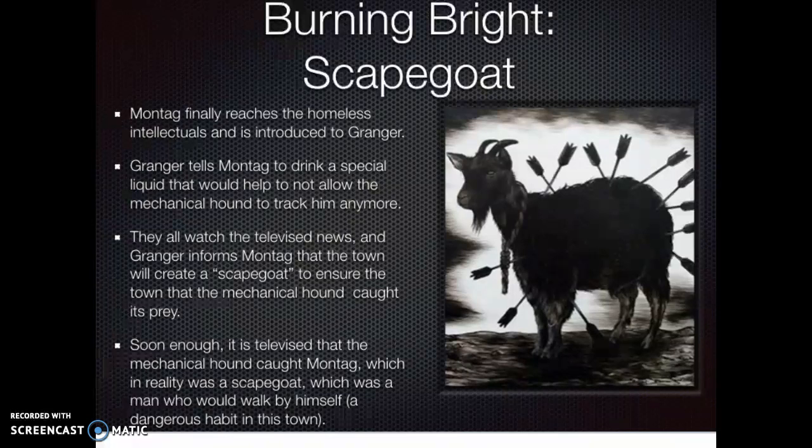And Granger informs Montag that the town will create a scapegoat to ensure that the mechanical hound has caught its prey. So what a scapegoat is, you guys, is basically